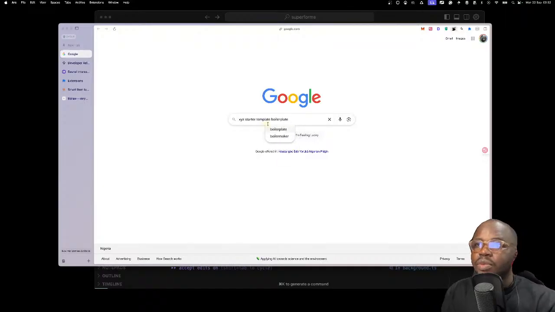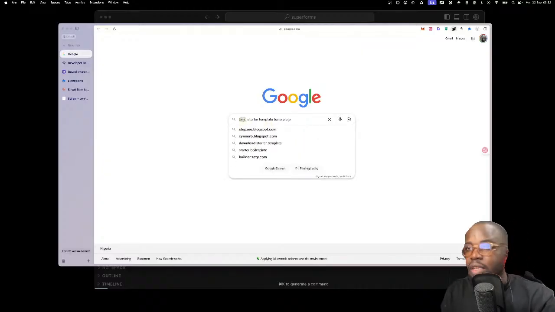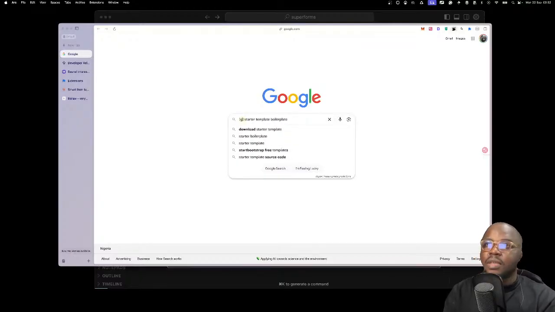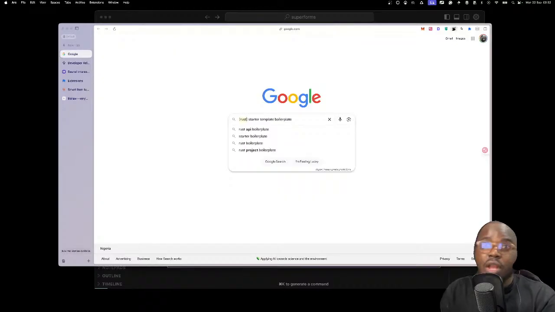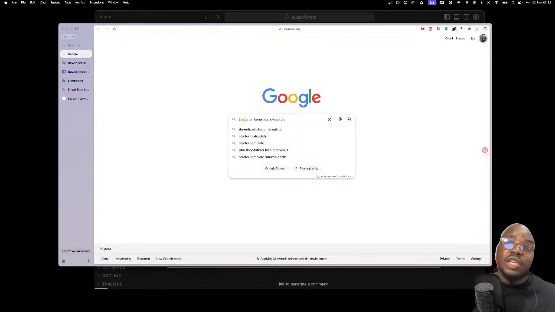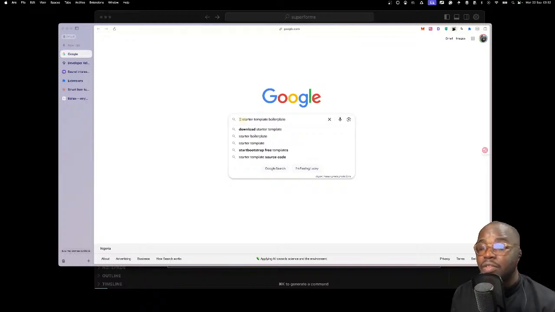Google will help you. XYZ can be anything. It can be React, it can be Next, it can be Zig, whatever you want to put there. It can be Rust. There will probably be a starter pack. This is great because you don't want to miss out on opportunities to get to your goals faster. If there is a pack somewhere, it's probably going to contain a folder structure and architecture of how things are done, and that would help, especially if you are doing something that has to do with SaaS.